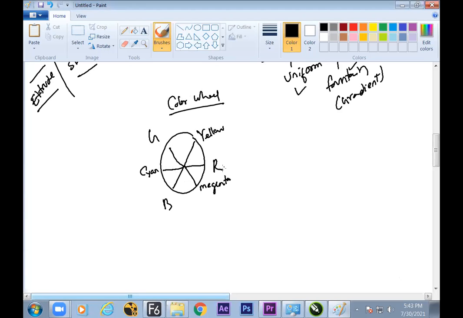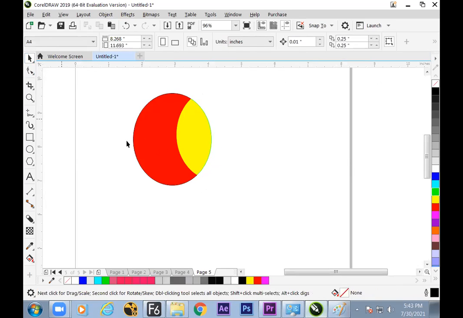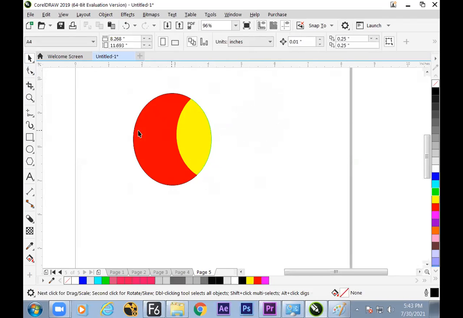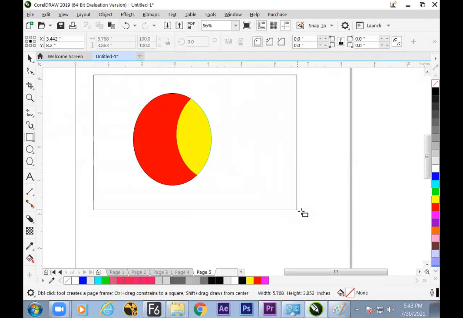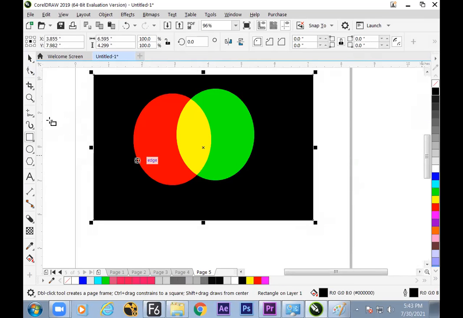So hope we have seen now the primary colors are three and the secondary colors are there. And this is the math which is happening inside CorelDRAW now. Whenever we make the green color mix with red color, the yellow color forms. But behind it, white is there, and it reacts with the white, that is another issue. But if you place a black color on the back side, then we can see the mathematics very clearly. Hope the color theory is clear now.